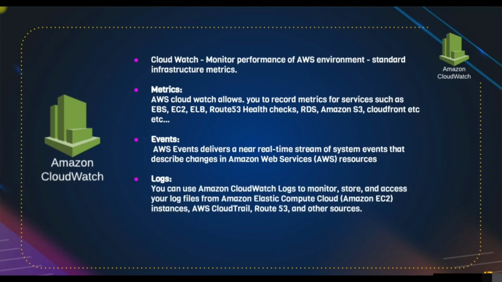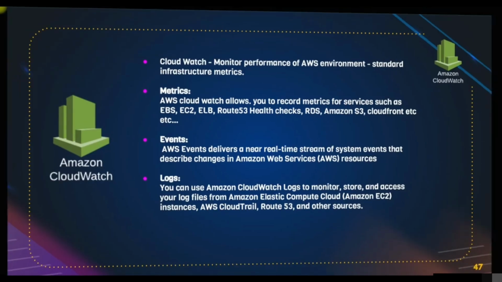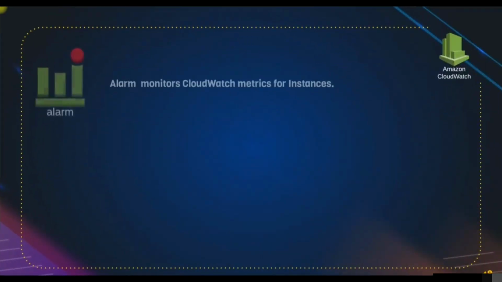The next thing that CloudWatch does is logs. Almost all the services will have an option to stream the logs. In EC2, you don't have a direct option. You can set it from your operating system. From your operating system, you can set an agent which can stream logs to the CloudWatch service. And about these logs and events, we are going to see this in AWS Part 2. In this video, we'll be just focusing on metrics.